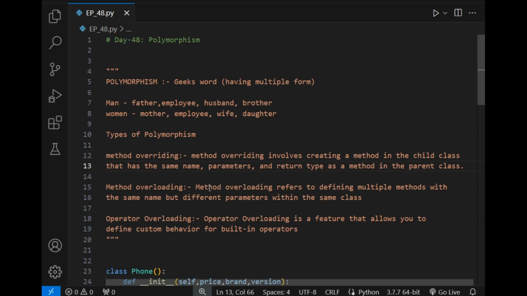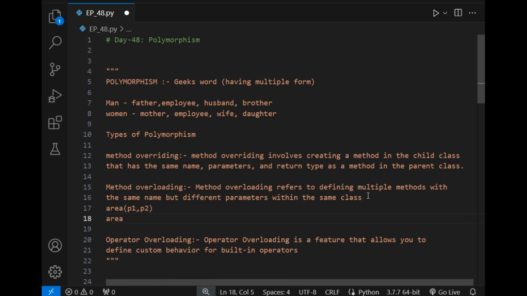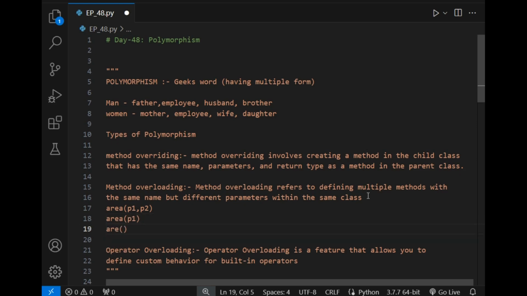Then next is method overloading. Method overloading refers to defining multiple methods with the same name but different parameters within the same class. Which means that we have multiple methods. Let's say the method name is area. This has p1 parameter and p2 parameter. The other area method is area only, and it will have one parameter, and the next method will have p1, p2 and p3. So this concept where in a single class there are three methods of the same name but different parameters,